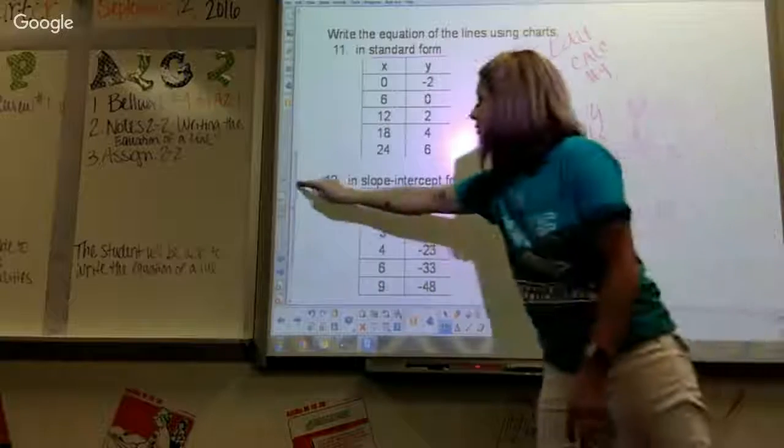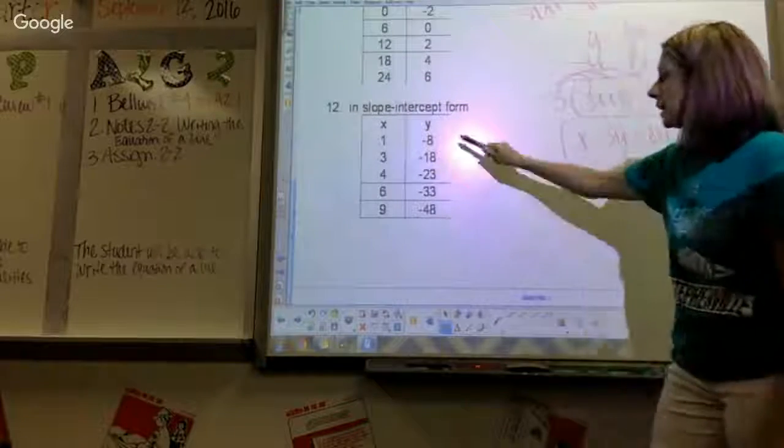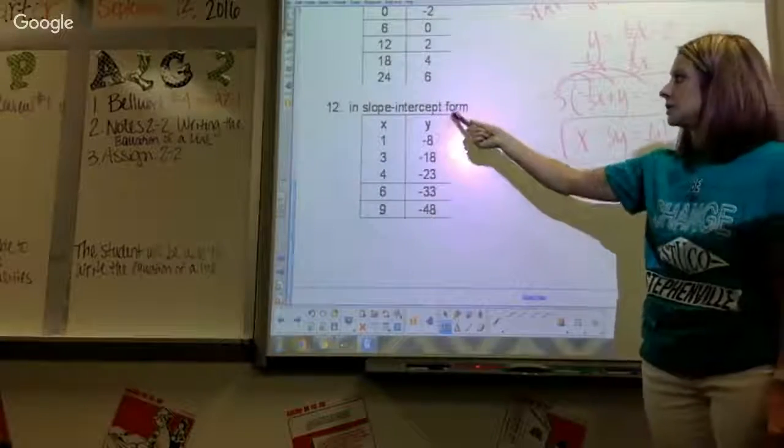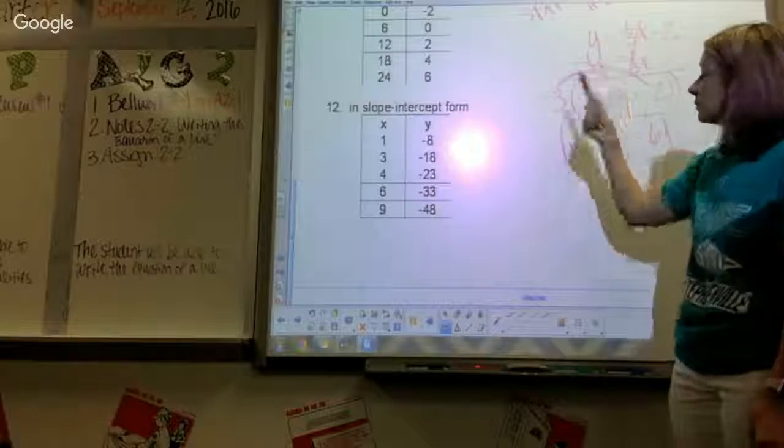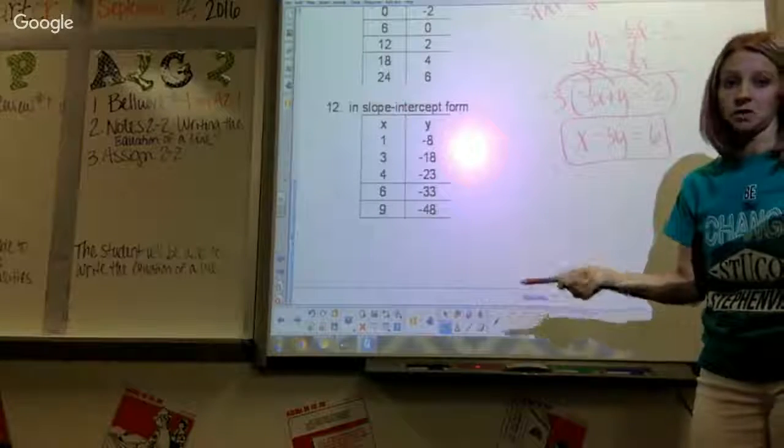Okay. All right, number 12 is very similar. We're going to plug it in, find your equation, except once you get it in slope intercept from your calculator, that would just be your answer. So we're going to skip over